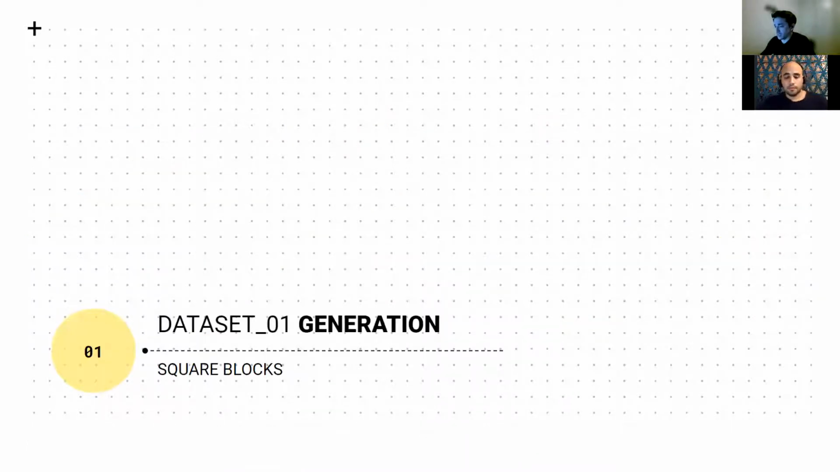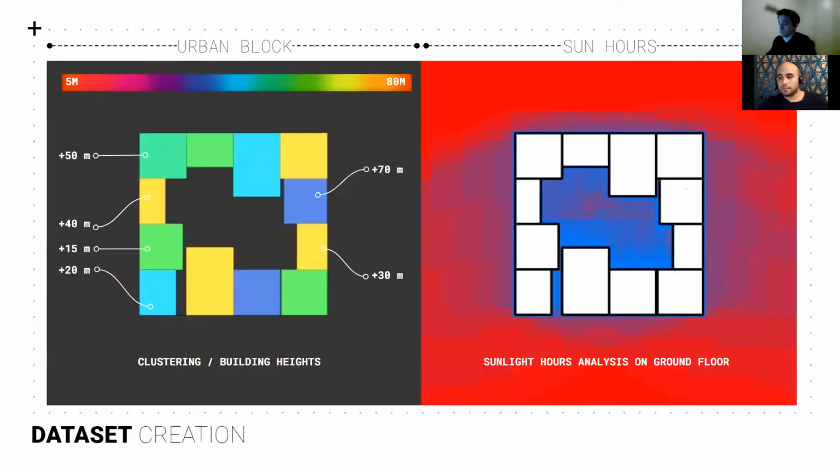So first we started with the data set generation. As you can see here on the left, this is the image that is generated with an urban generator developed in Grasshopper that allows us to parameterize the amount of plots, the minimum depth, the minimum heights, and so on. And also the heights are color-coded in order for pix-to-pix to be able to understand the relationship. And the image on the right is the predicted image generated with Ladybug,